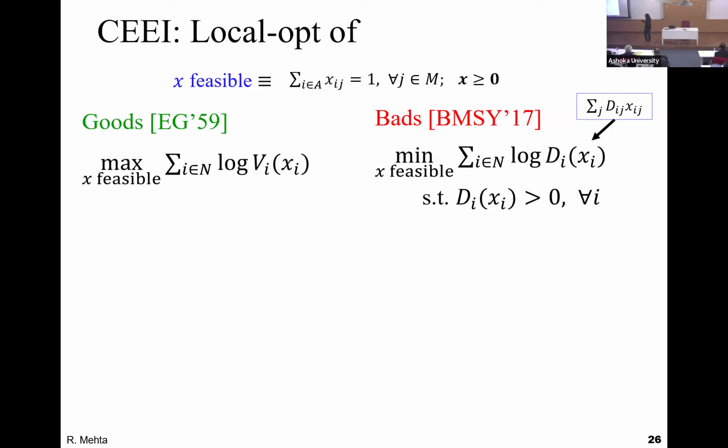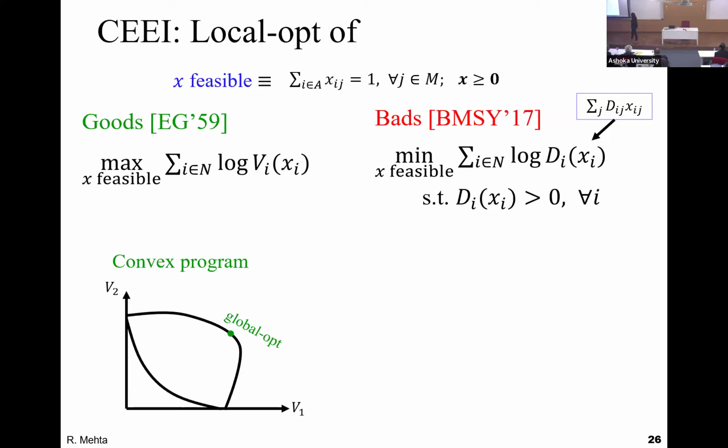So if you can solve this fast, why can't you solve that fast? Well, there is a huge difference, because log is a concave function. A sum of concave functions is a concave function. Maximizing a concave function is a convex program, and there a local optimum is going to be a global optimum. You can find it in polynomial time, not easily, but in polynomial time. While for chores, this is a non-convex program, because you are minimizing a concave function, and on top of that, you have an open constraint. The only saving grace is that you are only after local optima, not the global optimum.